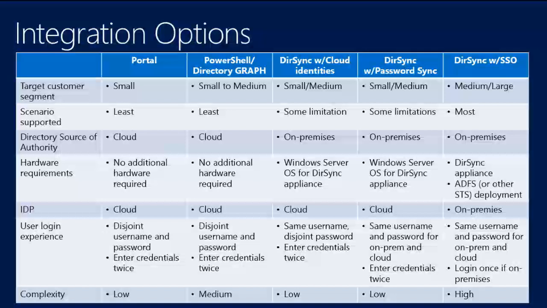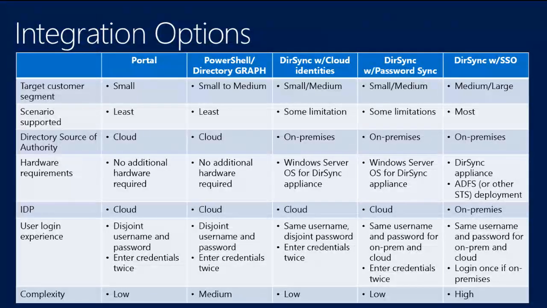You can write code, write your own application that ties in to the Azure AD through Graph. So you could obviously have that scale to be a fairly large solution. But the problem there is you don't get a lot of the higher tier features and options. You don't get password sync, for example. And so that's why we've kind of called it small to medium. Some of those scenarios that you might have as a customer are not supportable by the Graph or the PowerShell